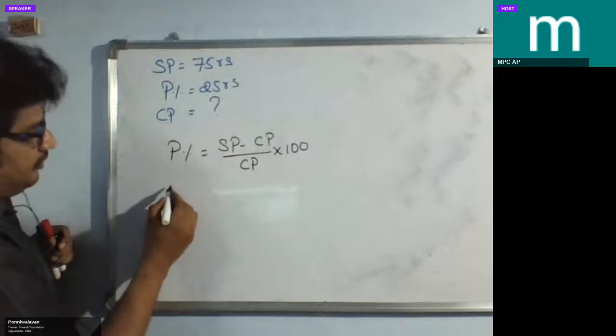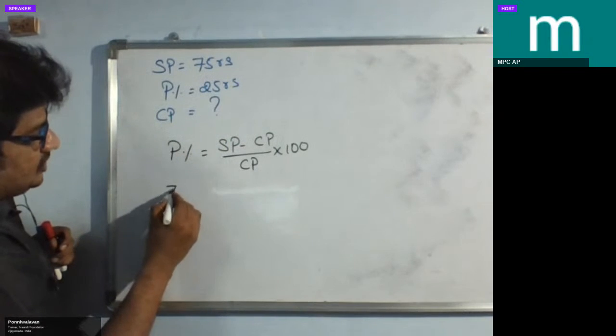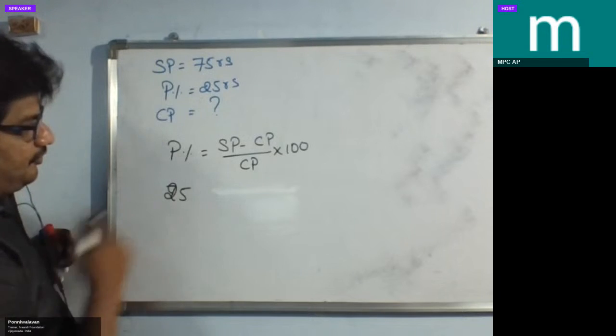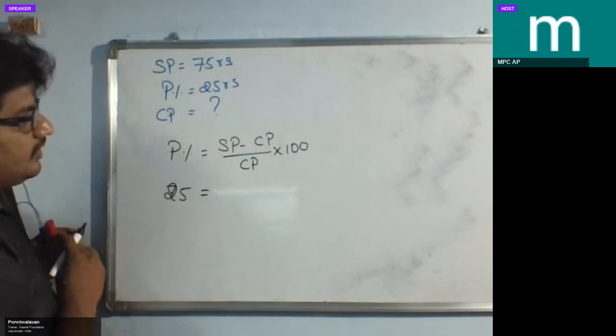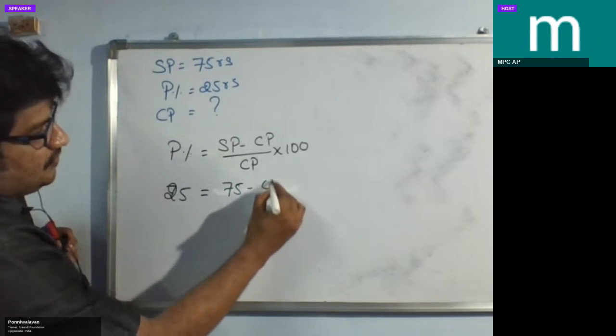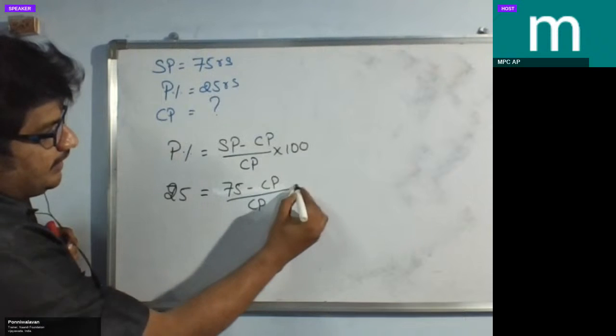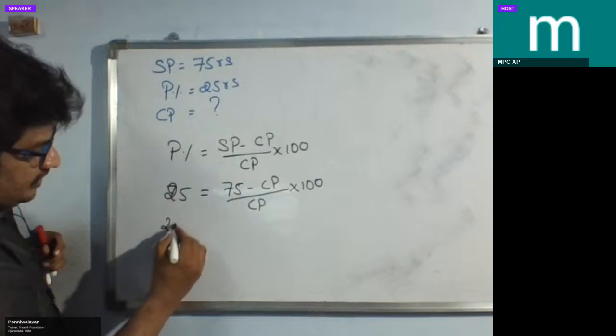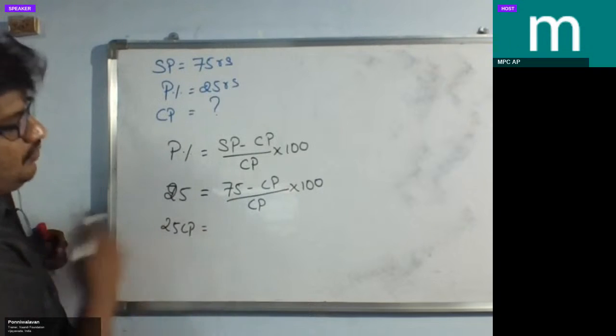Profit percentage is 25, selling price is 75, cost price we don't know. Divided by cost price into 100. If you multiply this, now 25 CP is equal to